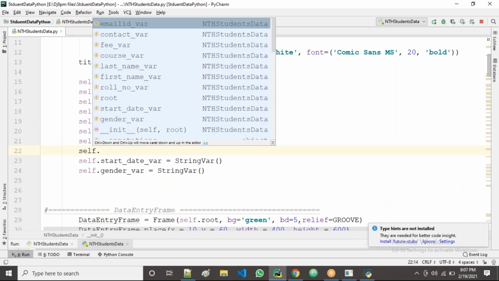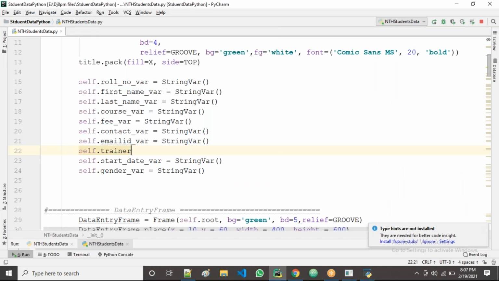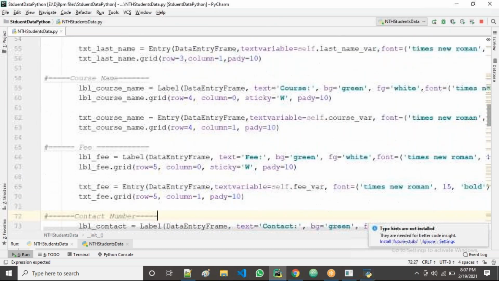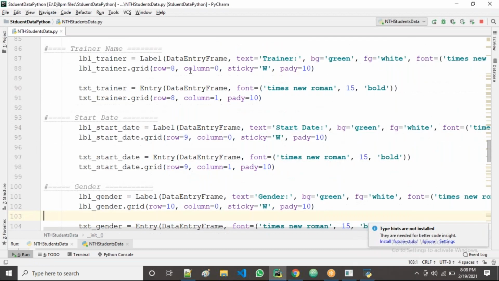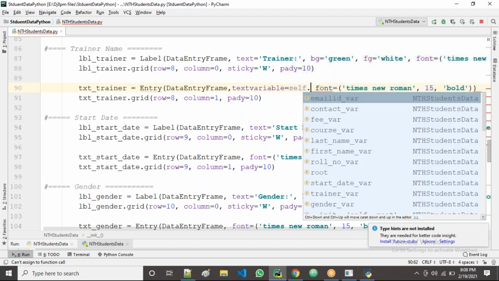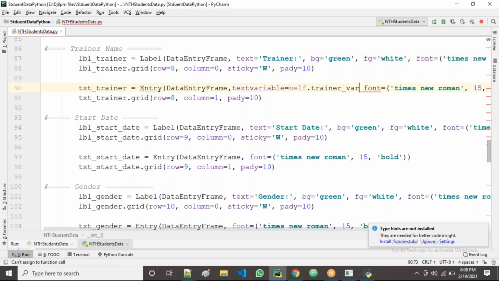Self dot trainer, right? Trainer variable equal to string variable. Now take this one. What is there here? Text, right? Text variable equal to self dot trainer variable.